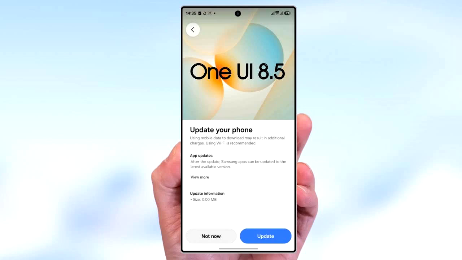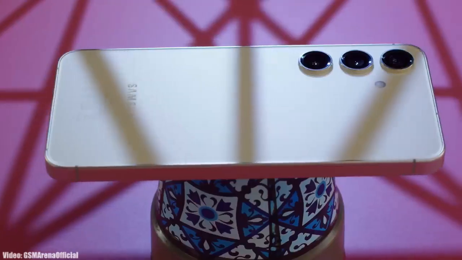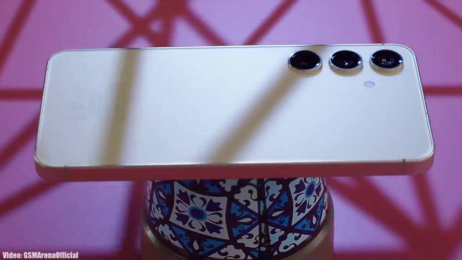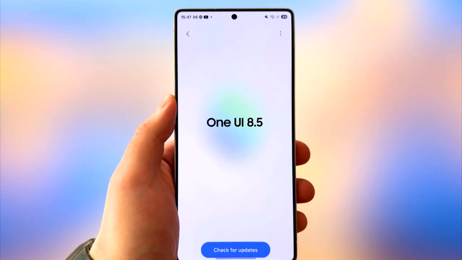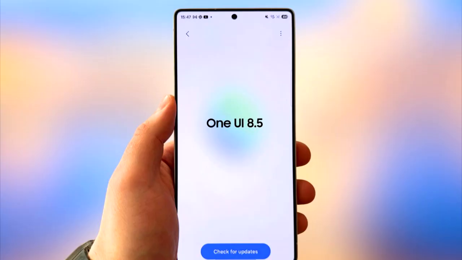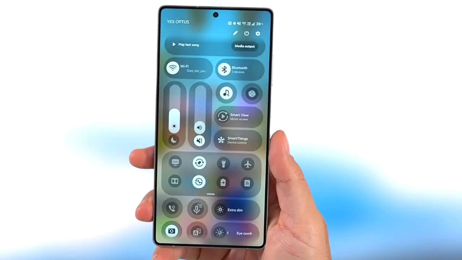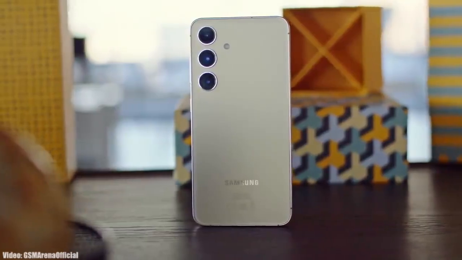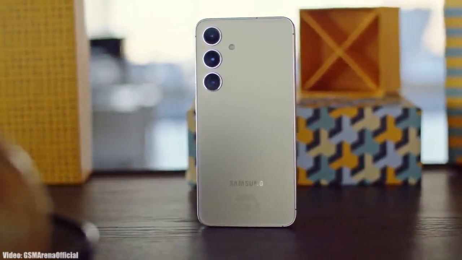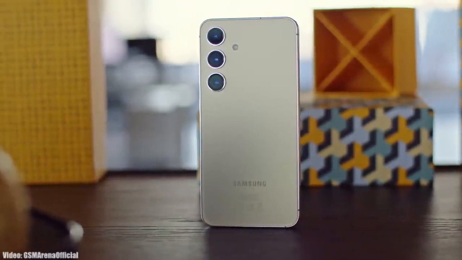So it's officially happening. Samsung is working on their next big One UI update, and that is One UI 8.5. So if you have the Galaxy S24 and you are running on One UI 8 Android 16, then you will definitely get the One UI 8.5 update from Samsung in upcoming days. The One UI 8.5 is an updated version of One UI 8, and it will bring many new features and changes. So in this video, let's talk about the features and the release date for One UI 8.5 update for